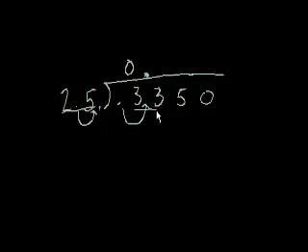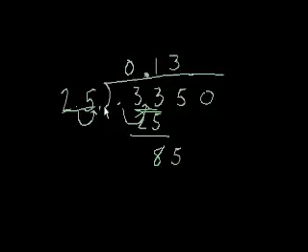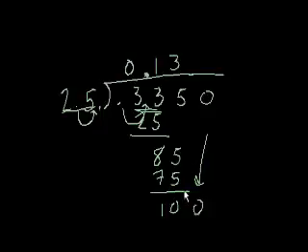How many times does 25 go into 33? Well, it goes into it 1 time. 1 times 25 is 25. 33 minus 25 is 8. Bring down the 5. 25 goes into 85. Well, we know 25 times 3 is 75. So it'll go into it 3 times. 3 times 25, we know that's 75. 85 minus 75 is 10. Bring down this 0. Up here we had brought down the 5 before. And 25 goes into 100 4 times. So our answer is 2.5 goes into 0.3350